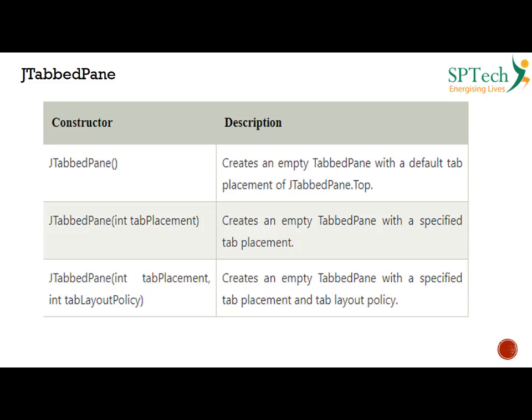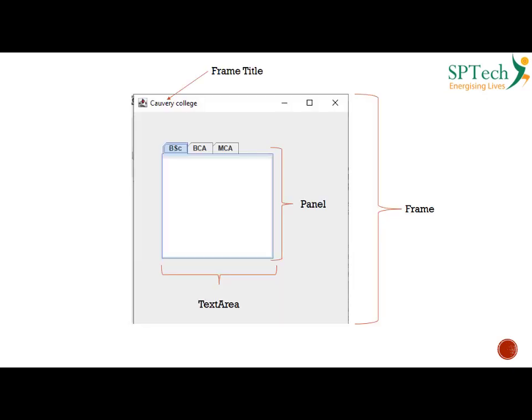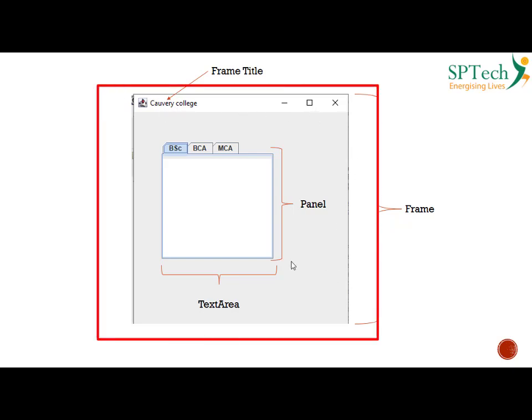Now before we jump into the program on how to create a JTabbedPane in Swing, let me tell you some concepts of a JTabbedPane. How do you implement it using a program? You know that the JTabbedPane is also a GUI component. Basically you have a frame, and within the frame I have a panel. Remember, I have told you what a panel is. A panel is nothing but a placeholder. It is a sub placeholder.